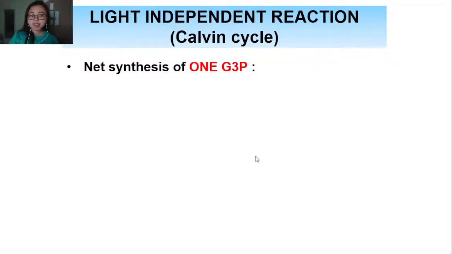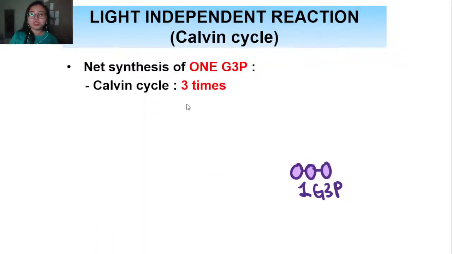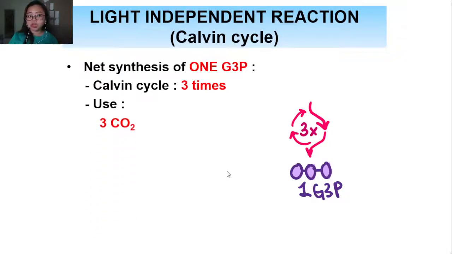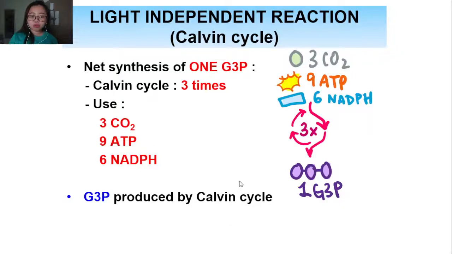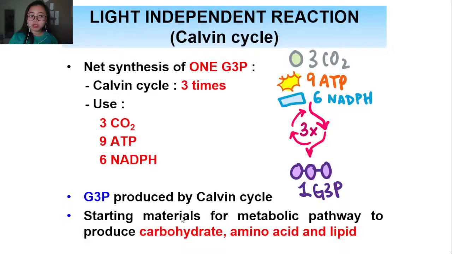For the net synthesis of 1 molecule of G3P, we need to do the Calvin cycle 3 times. And for the 3 times of Calvin cycle, we need to use 3 molecules of carbon dioxide, 9 molecules of ATP and 6 molecules of NADPH. G3P will be produced by Calvin cycle, and G3P will be the starting material for metabolic pathway to produce carbohydrate,